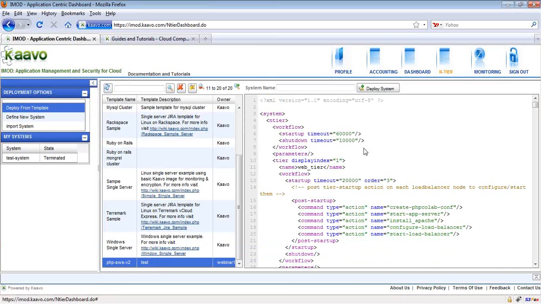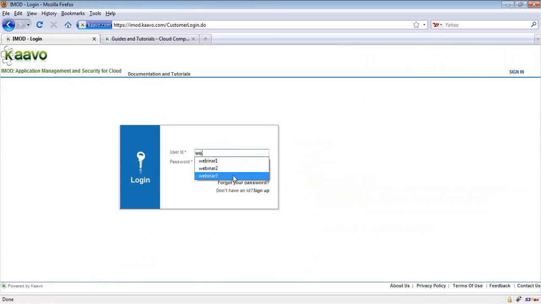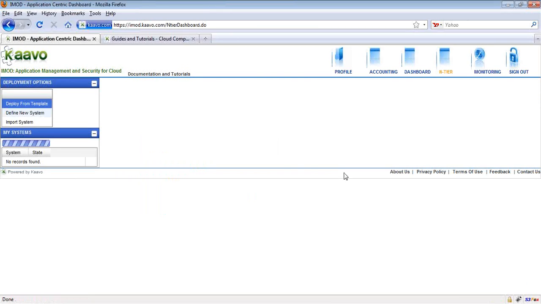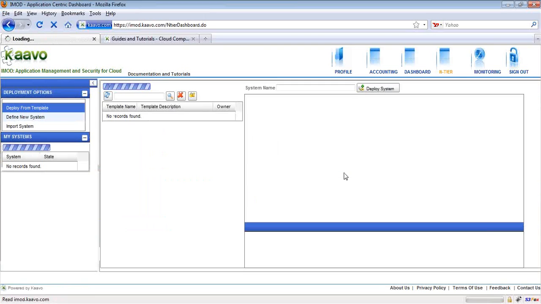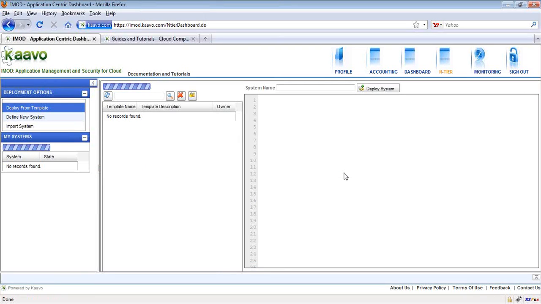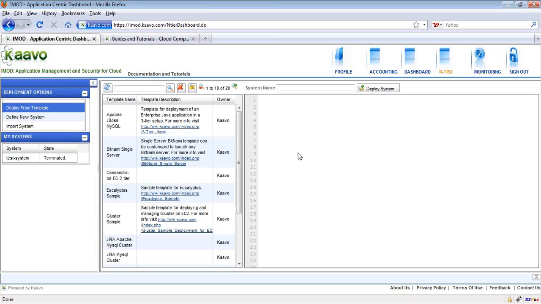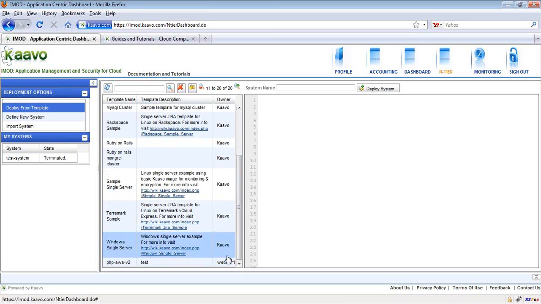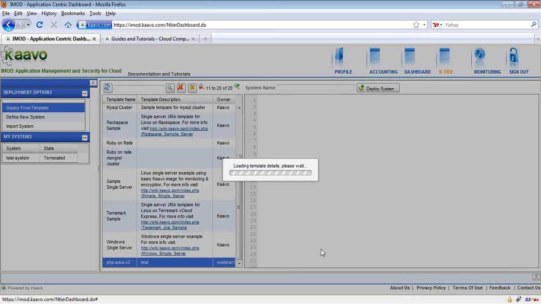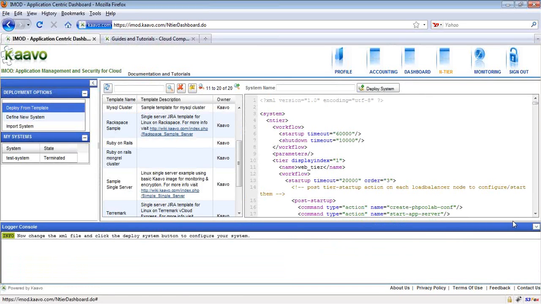That means that specific template has been published to all the users. I can also log in as webinar 3. And you can see it is appearing in webinar 3 list as well.